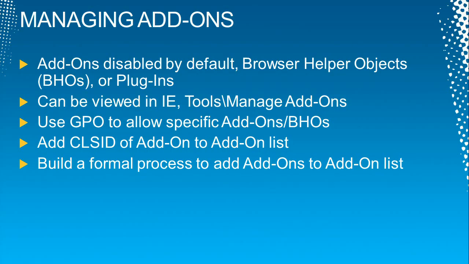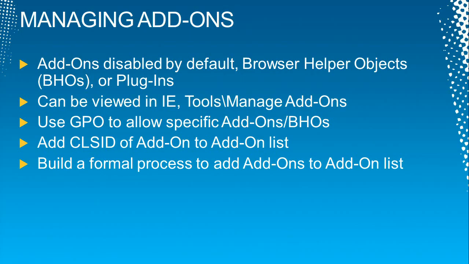Which one was it that we needed to get back in? I think it was the Adobe toolbar. So what you're going to have to do is, when you look at IE, if you go Tools, Manage Add-ons, you'll see all your browser helper objects there. Okay, so you need to know which ones are there, and then you got to figure out which ones are really necessary. And then you're going to have to go into your GPOs, and there's 3 settings you have to